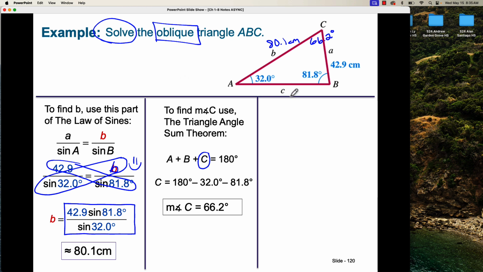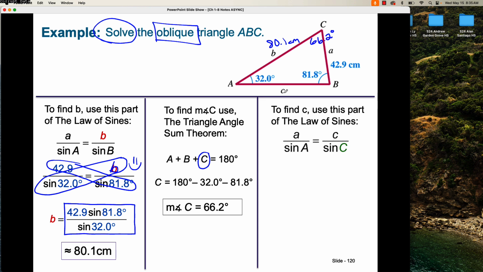All right, strategies to find lowercase c. It is a side length. So I'm thinking pick a part of the law of sines that includes lowercase c. So that would be, I'm going to go with this ratio, a over sine of A equals c over sine of C. You could go with b over sine of B equals c over sine of C, but this would be a,